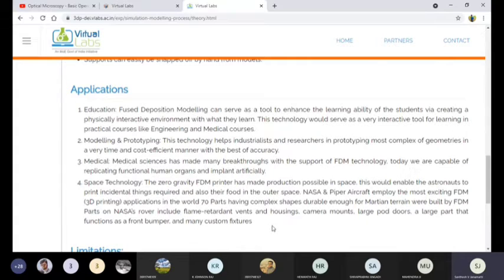So these are the products for NASA applications. We are successfully manufacturing such components for NASA applications by this FDM process. So these are the particular applications of these machines.